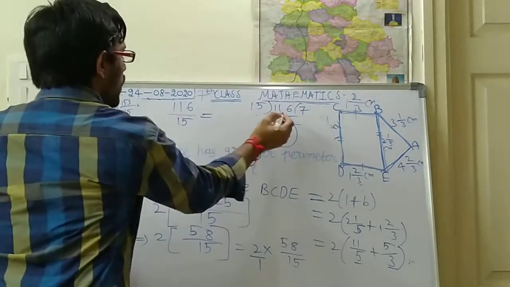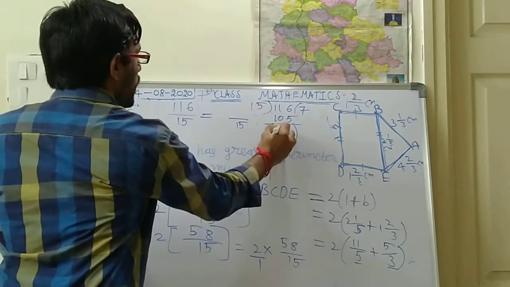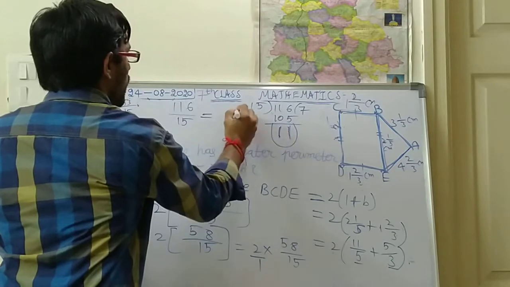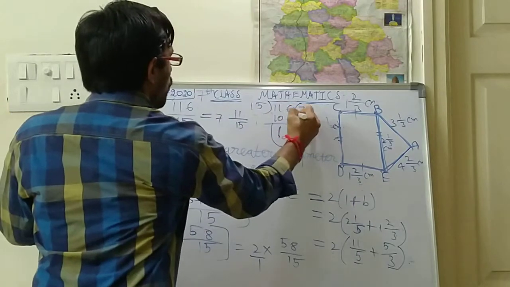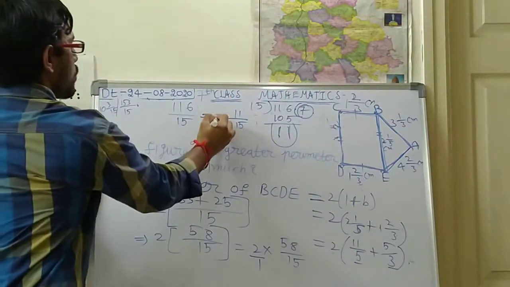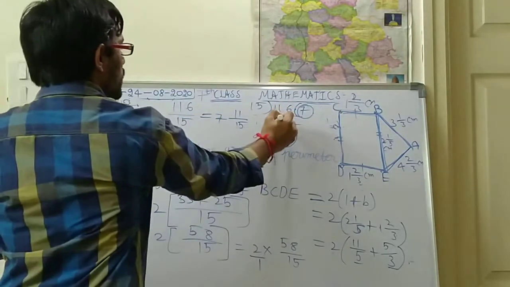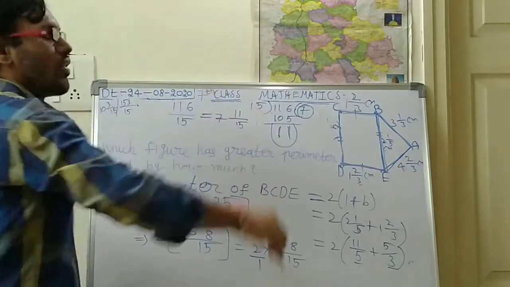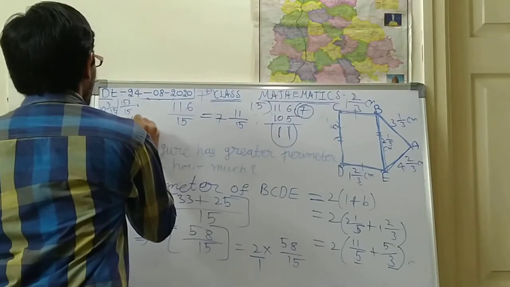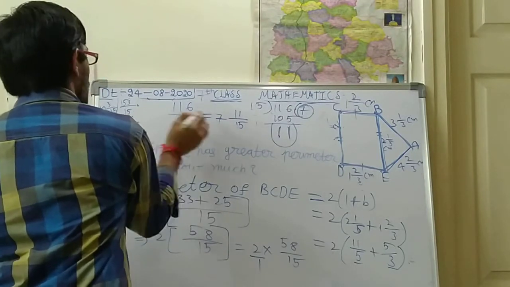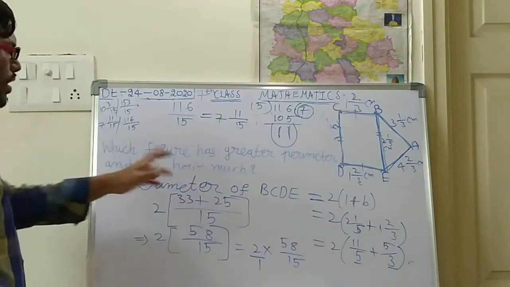So for this, what is the mixed fraction? In the denominator, 15 should be. The numerator should be this remainder. Next, what is the whole number here? The whole number should be our quotient. Whatever the quotient is, that should be the whole number. So 15 sevens is 105, and 105 plus 11 is 116. Okay, so this is the answer. So 116 by 15 is 7 11 by 15.